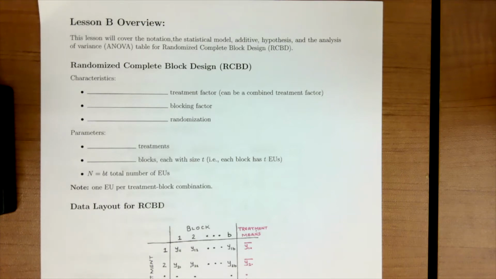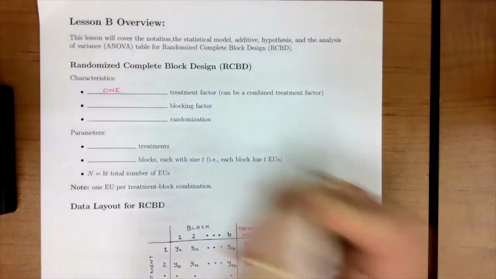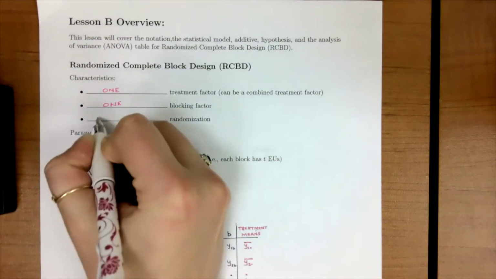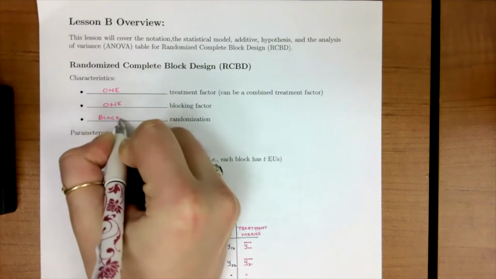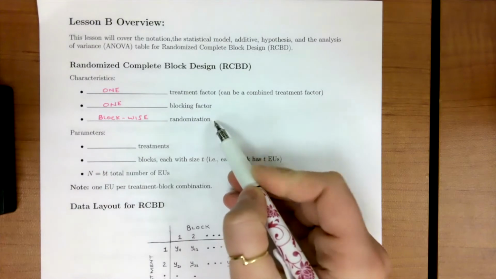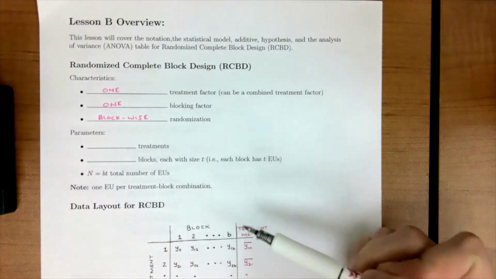Okay, so let's get started with this week and talk about some characteristics and parameters of the randomized complete block design. The first characteristic is that our randomized complete block design will only have one treatment factor and one block factor, and we do a block-wise randomization. Again, this goes back to our insecticide example where we were randomizing A, B, and C within each